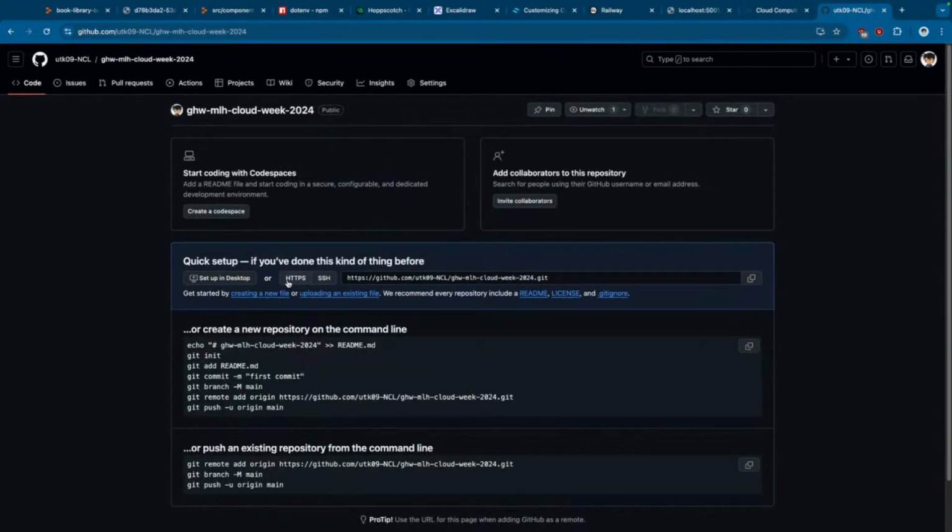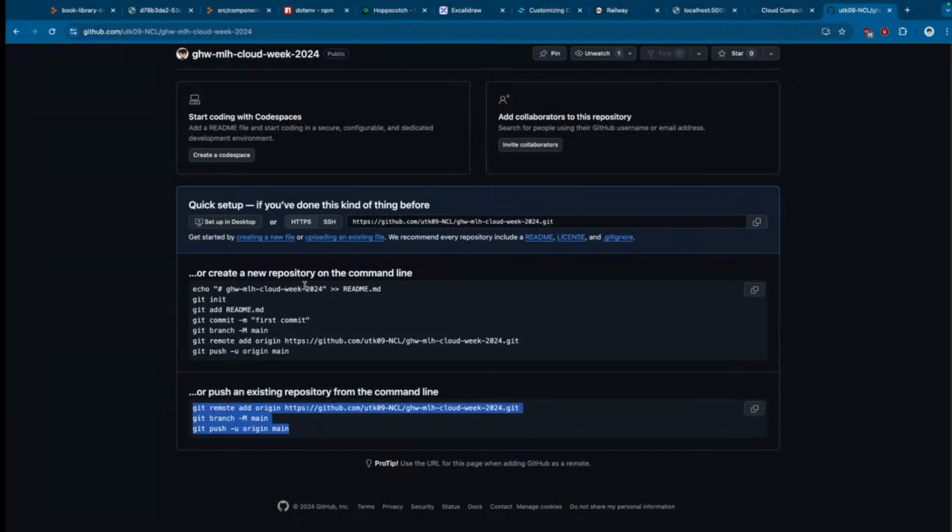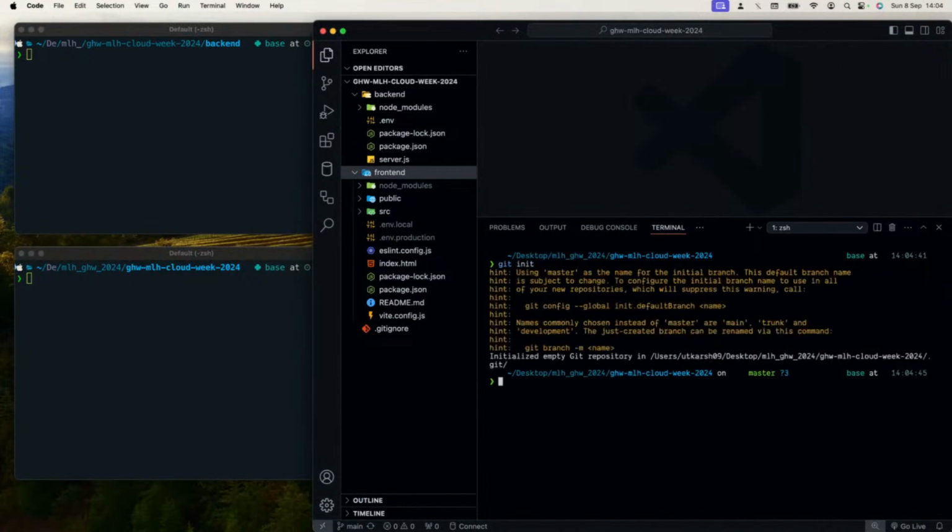Now I am going to click on this HTTPS part, and we have an existing repository which we want to push from command line. So we need to follow these 3 steps. So let's go back. Let's clear anything that we have here. I'm going to do git init. Okay. And secondly, as you can see,